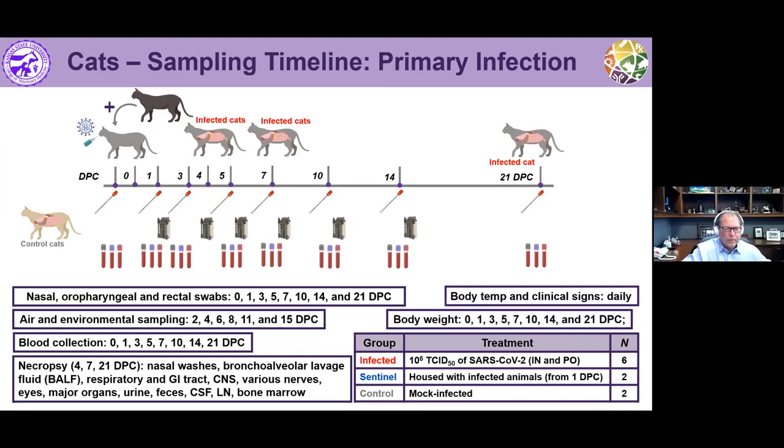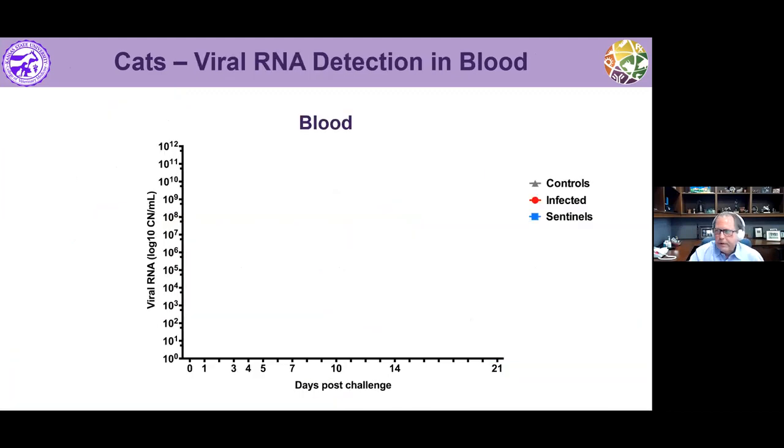We take the entire respiratory tract, including upper and lower respiratory tract, and the gastrointestinal tract. We take the central nervous system, various nerves, major organs, etc. When we looked in the blood, the controls are negative. None of the primary infected animals were positive for RNA, and none of the sentinel animals became